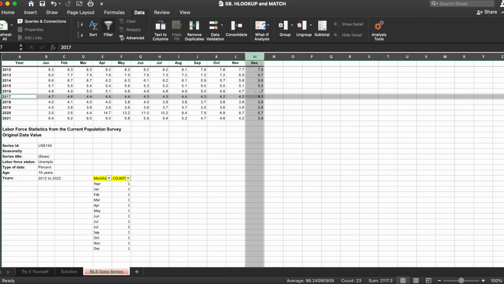So now if we look, 4.7 is actually the 2016 value in December. But because we shortened the range, it shifted it up so it didn't find the right cell that we were looking for. So the answer is technically right based on what the formula says, but it's not the answer that you're actually looking for.